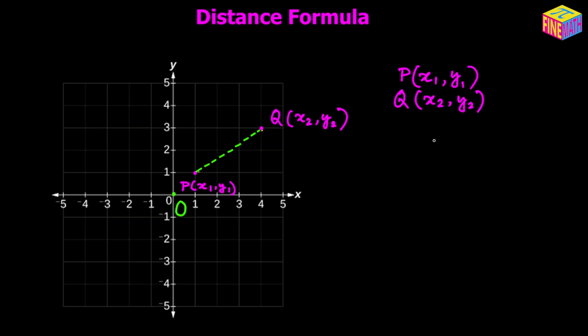The location of P is x sub 1 comma y sub 1. The location of Q is x sub 2 comma y sub 2, and we have to find a formula to calculate the distance between P and Q. P and Q don't necessarily have to be in the first quadrant, they could be in any quadrant. P could be in the third quadrant, second quadrant, even fourth quadrant. Q also can be in any other quadrant. I mean, they can be anywhere, it doesn't really matter. We're going to find a general formula to calculate the distance between any 2 points on the